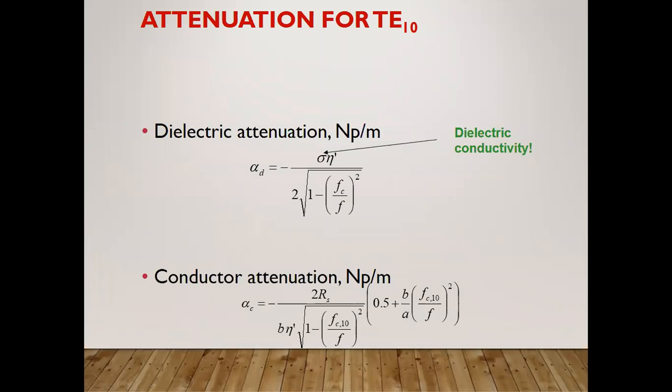Similarly, here in the attenuation for the TE case, it is showing 1, 0. That is nothing but the modes, of the electric field as well as the magnetic field. In this way, we can plot the graph, as well as identify for which particular medium and for which particular application we are going to use these modes. That is too important. So if there is dielectric conductivity, the medium is a dielectric at that time.